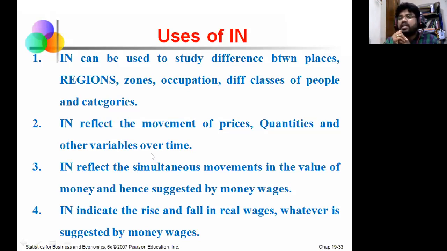So we should keep in mind that the index number can reflect the movement of prices, how much the price is for the product. For example, if you purchase a particular item in one shop, you will get different prices compared to other places. If you purchase an oil packet in a local market, you will pay 100 rupees, same quantity, same oil packet, 1 kg. If you purchase in other markets, you may get some discounts, 5% or 10%. So whatever index number we construct, that should reflect the movement of prices and quantities.